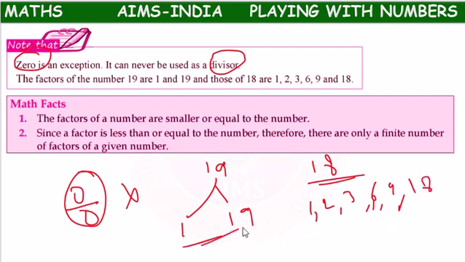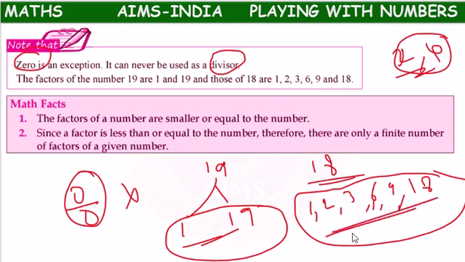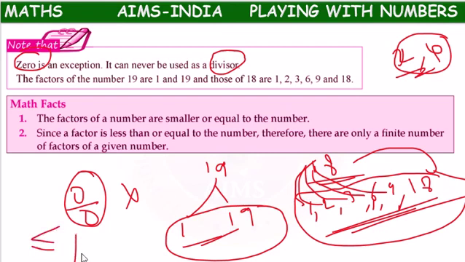So one number can have only two factors, and another can have many factors. There is no compulsory rule that all numbers should have two factors or four factors. It depends on the number. But if you observe the nature of factors: 1 is less than 18, 2 is less than 18, 3, 6, and 9 are less than 18, but 18 is equal to 18. Means all factors are less than or equal to 18.